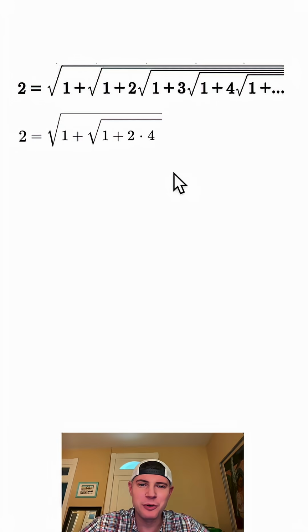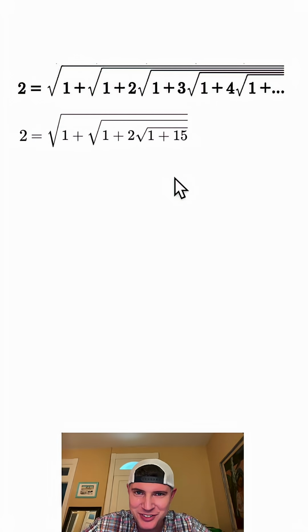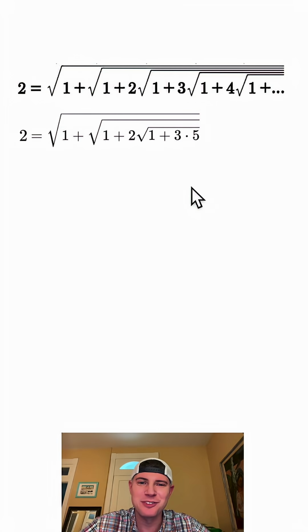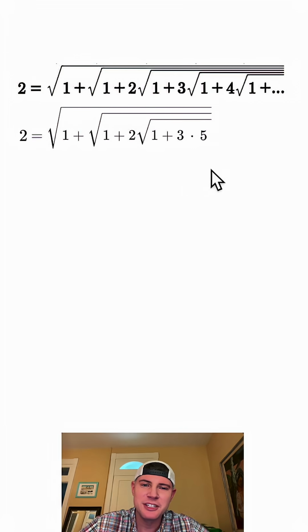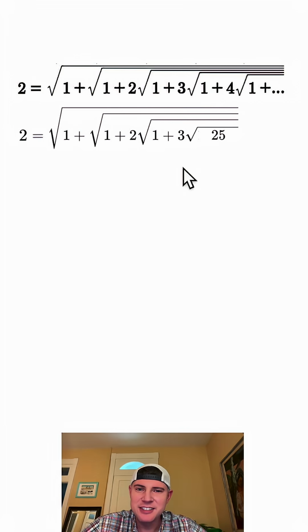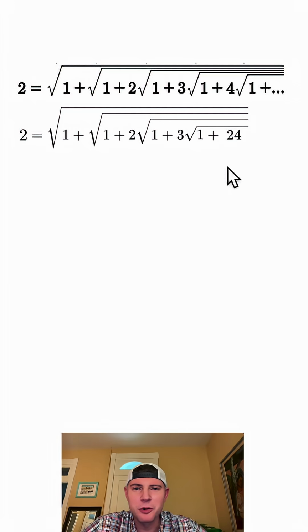4 is equal to the square root of 16, and 16 can be rewritten as 1 plus 15. 15 can change into 3 times 5, and 5 can be rewritten as square root of 25. And the same thing for all these, we pulled out a 1, so 25 can be rewritten as 1 plus 24. And then for the 24 to keep up the pattern, we can pull out 4 to give us 4